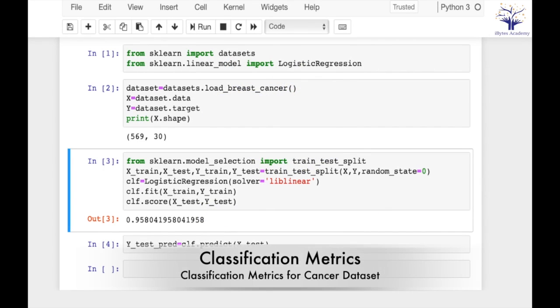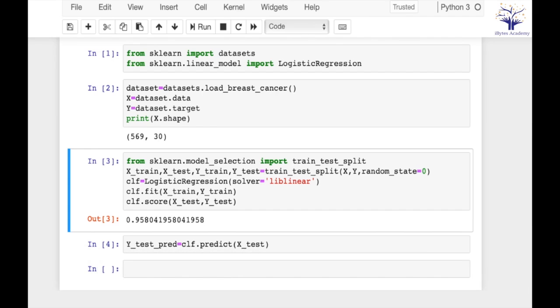Hi, in one of the previous videos, we created a model using logistic regression on our breast cancer dataset. The score for this model came out to be 0.958, right? So this score was basically our accuracy, that out of the total number of data points, we were able to correctly predict 95.8% of them, right? So in this session, I want to calculate precision and recall for the same model. If my precision and recall values are good, only then I would be very confident that my model is actually performing very well, right? So first let's build the confusion matrix for this.